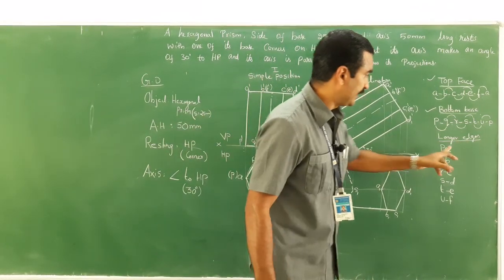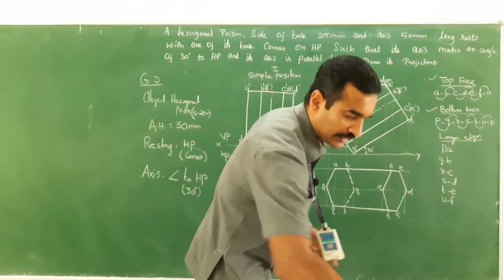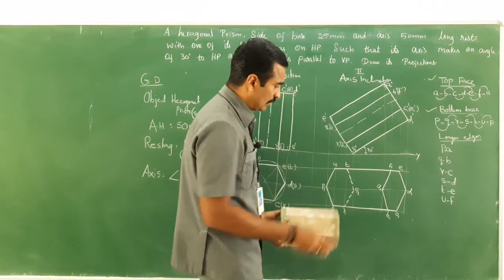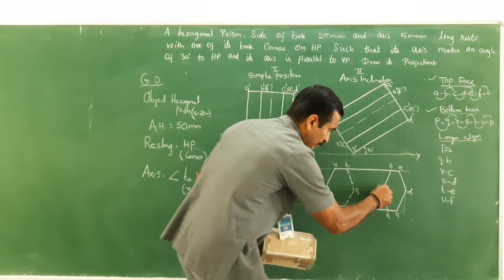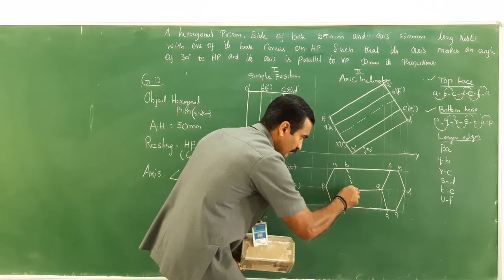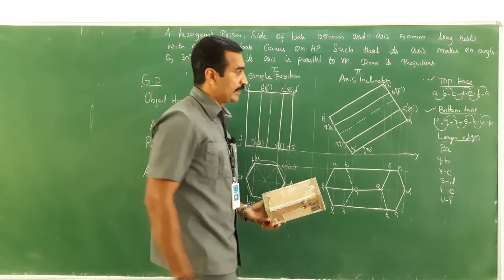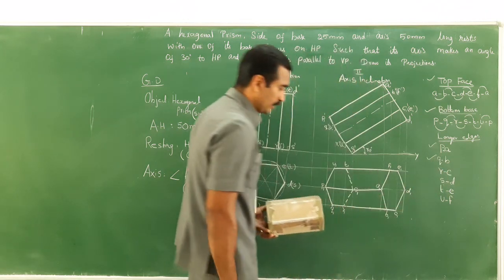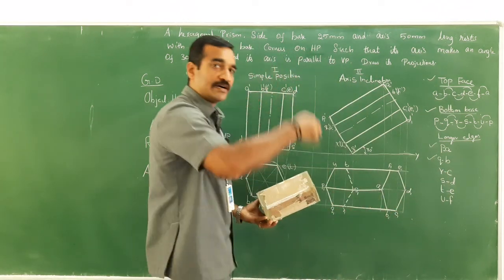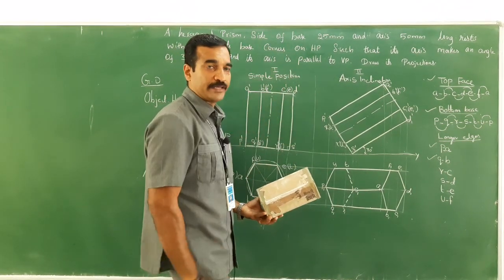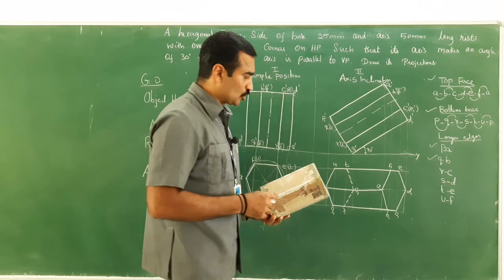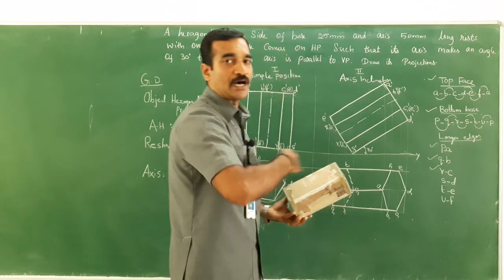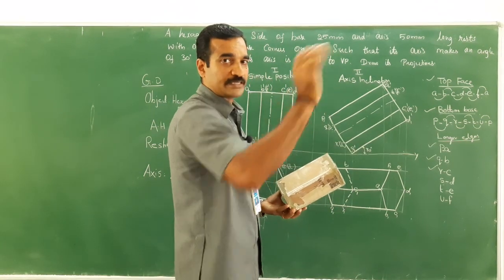P to A. Look at here, P to A is visible. So I can draw a line, P to A. Next comes Q to B. Q to B is already covered while closing the boundary, so that is over. Now let's move to the next one, RC. Look at here, RC is also covered while closing the boundary.